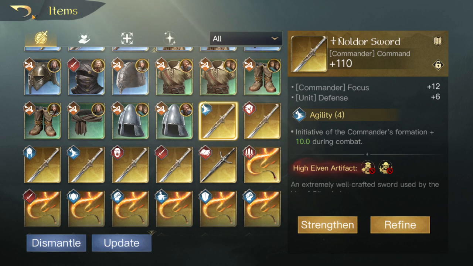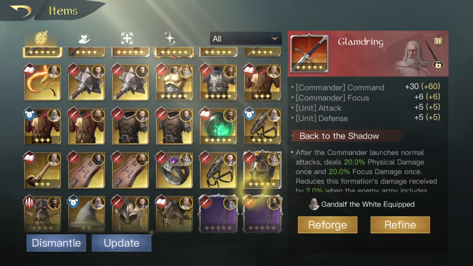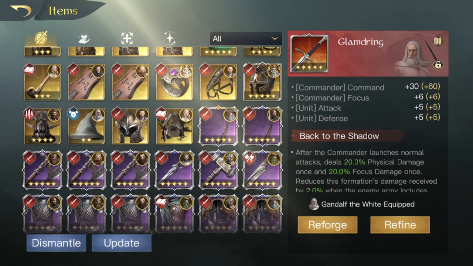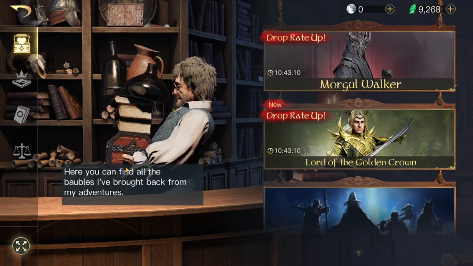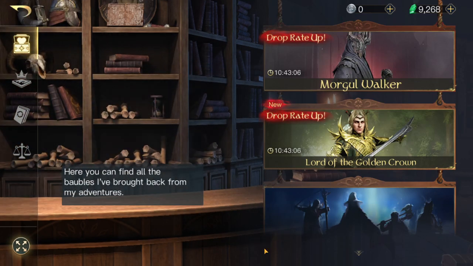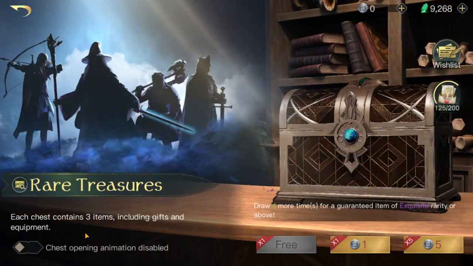As for the actual equipment itself, I would personally run either two ways of doing this. So either high focus gear, which allows you to max White Council as best as you can, or I would look to run something like a focus and command kind of build. And that is sort of the way that I've gone. So if I was running the full focus gear to try and get that White Council as high as possible,